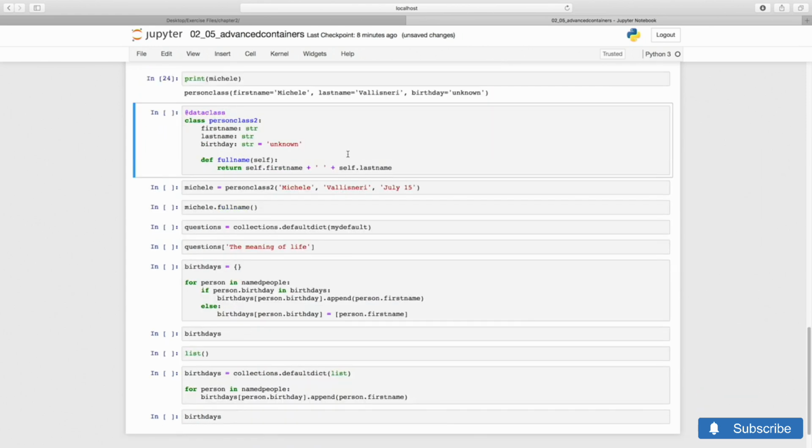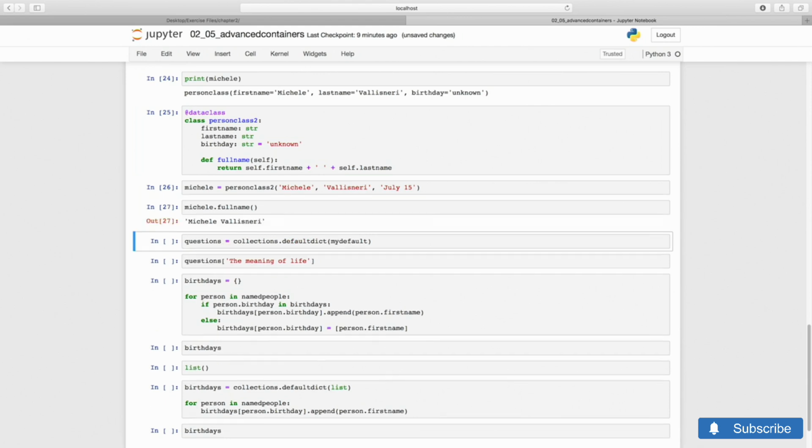In contrast to named tuples, data classes are full Python classes, so we can define methods that operate on the fields, such as a method that returns a person's full name. If you're not familiar with object-oriented programming in Python, do not worry. We will not need this feature in what follows. Nevertheless, for Person2, calling full_name as a method runs the code that we wrote, and returns my full name.